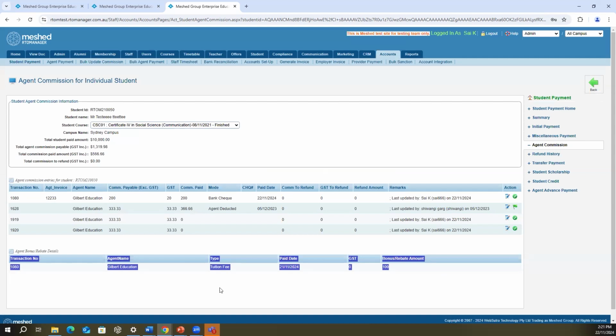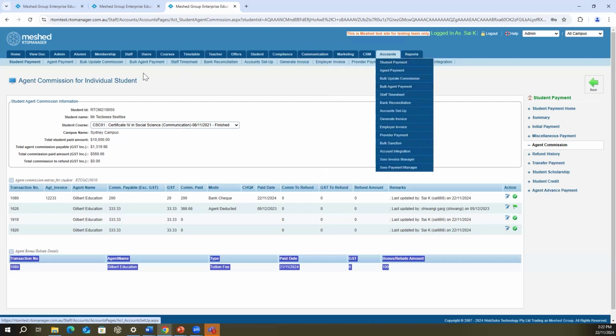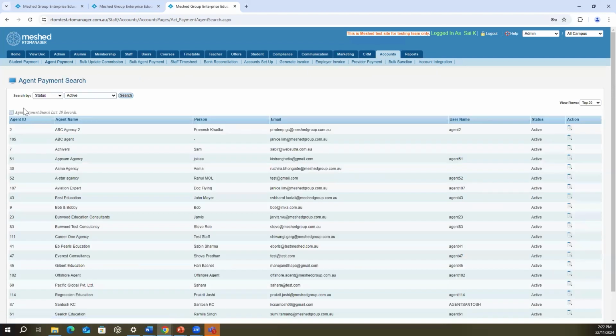It's most unlikely the finance staff pay the commissions on an individual basis. So it would be on the agent basis. So under accounts, you go to agent payment. That is one side of how you can record the commission paid information. The other side,